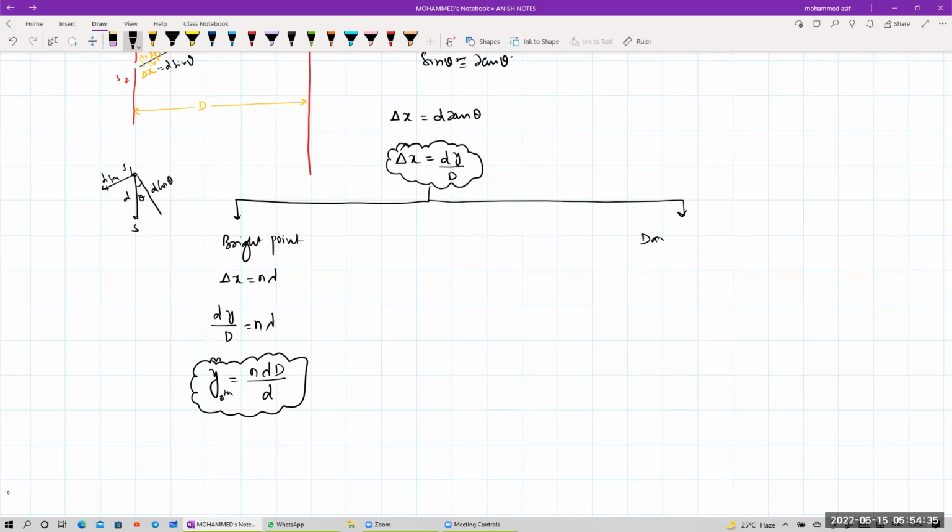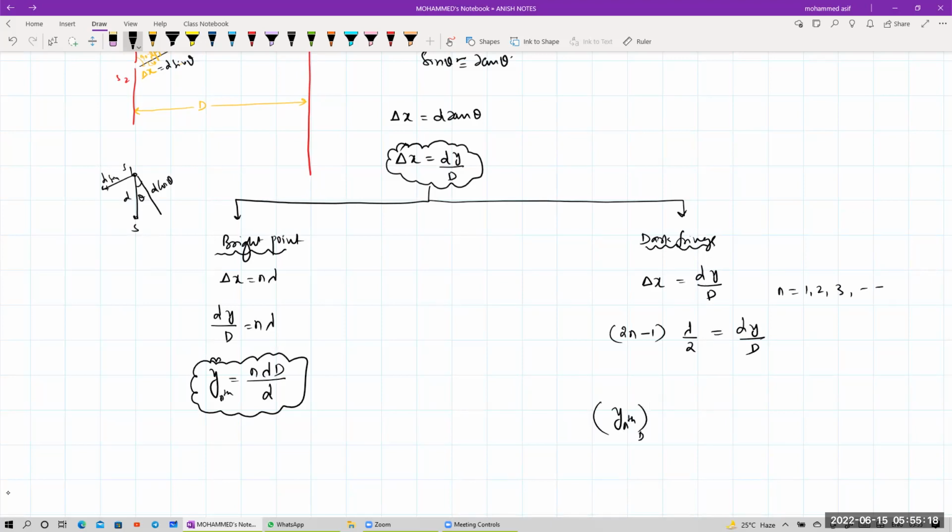उसी तरह से if I'm talking about your dark fringes, बताइए कहाँ बनेगा बेटा. डेल्टा एक्स का पाथ डिफरेंस कितना है मेरे पास, d into y divided by capital D. डेल्टा एक्स का वैल्यू कितना होता है बेटा, (2n minus 1) into lambda divided by 2 is equals to d into y divided by capital D. n की वैल्यू कहाँ से स्टार्ट कर रहा हूँ, 1, 2, 3 ऐसा. अगर यहाँ पर प्लस ले रहा हूँ ना तो स्टार्ट फ्रॉम 0. तो y की वैल्यू कहाँ बनी,